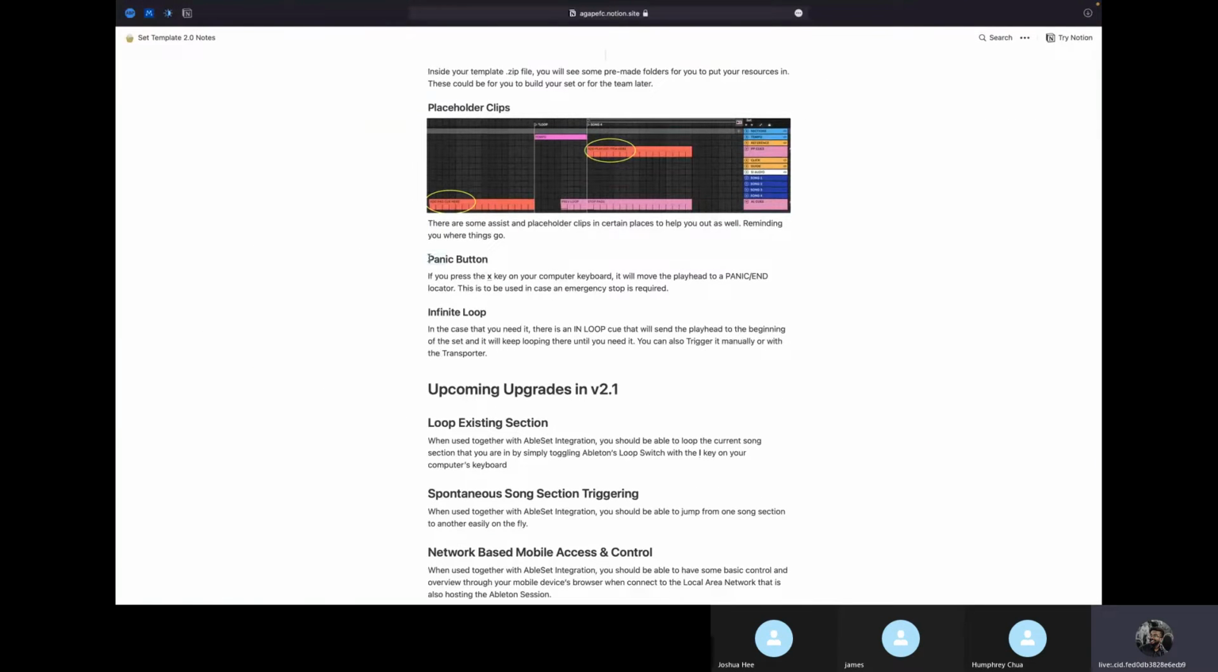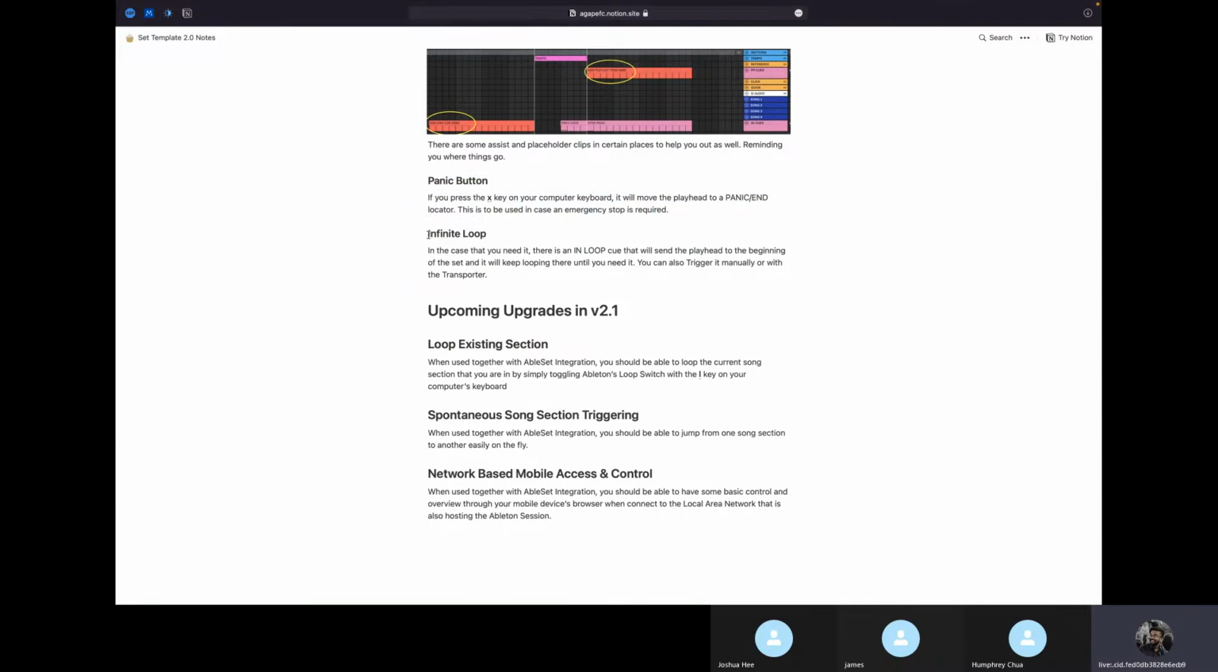Yeah. There's a panic button. I told you about this. Just press the X key. There's an infinite loop. So if you use the in loop queue, it automatically takes you there. And we've got some